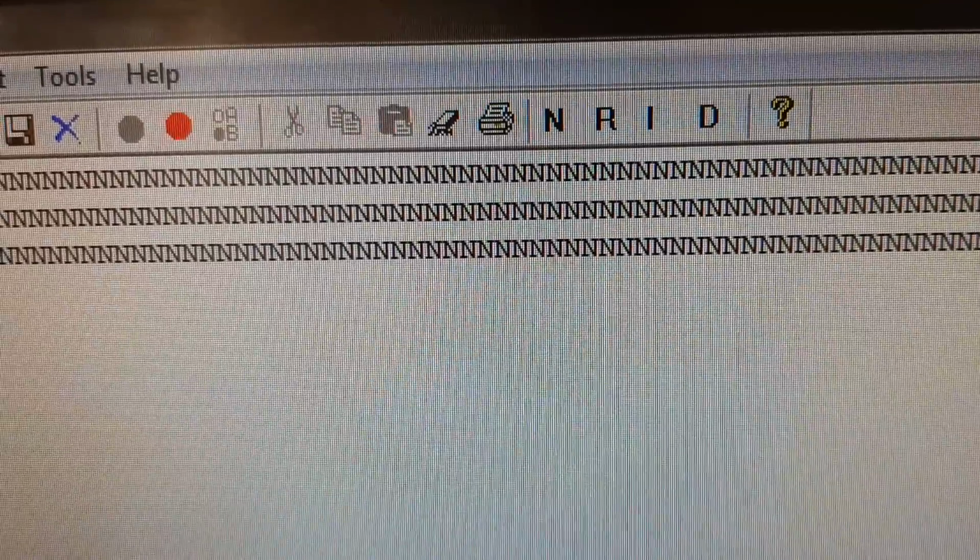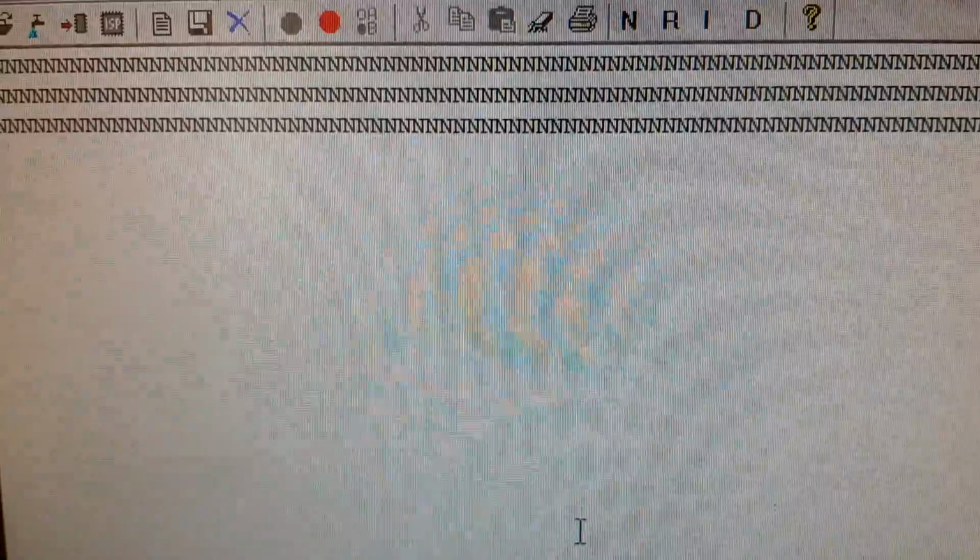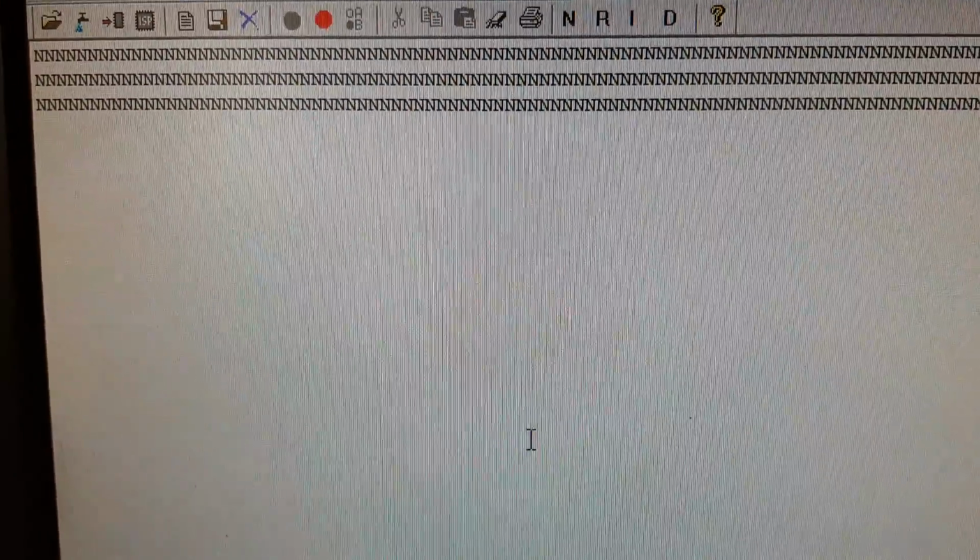You are getting continuous printing of the character N. It's showing the character N. I don't know, it's getting blurred. So you are getting the output N, printed over here continuously. That is your task 2.